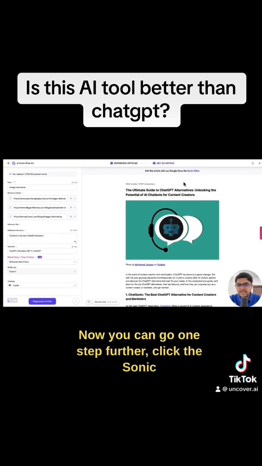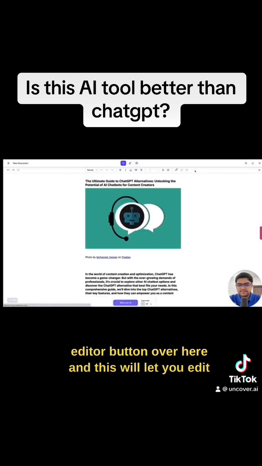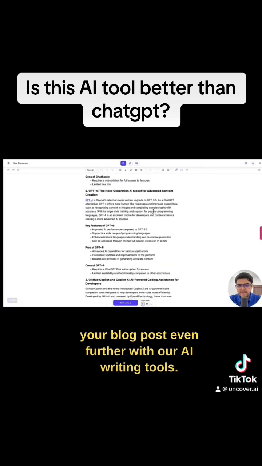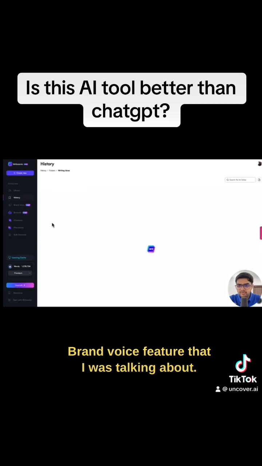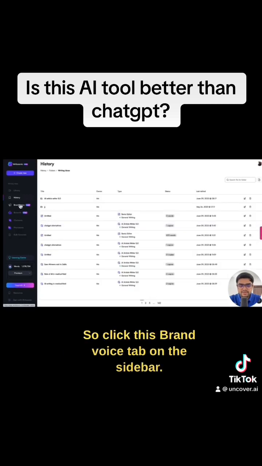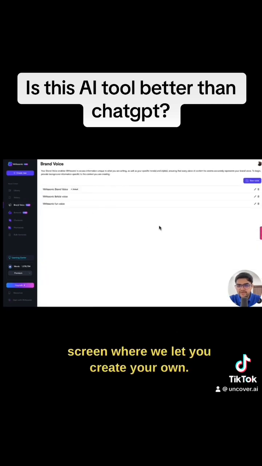Now you can go one step further, click the Sonic editor button over here. And this will let you edit your blog post even further with our AI writing tools. What I'll jump on to now is our brand voice feature that I was talking about. So click this brand voice tab on the sidebar. This will take you to this brand new screen where we let you create your own